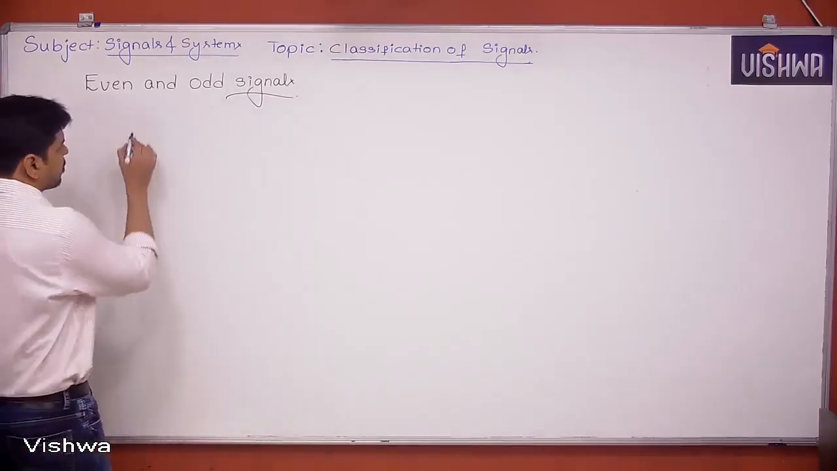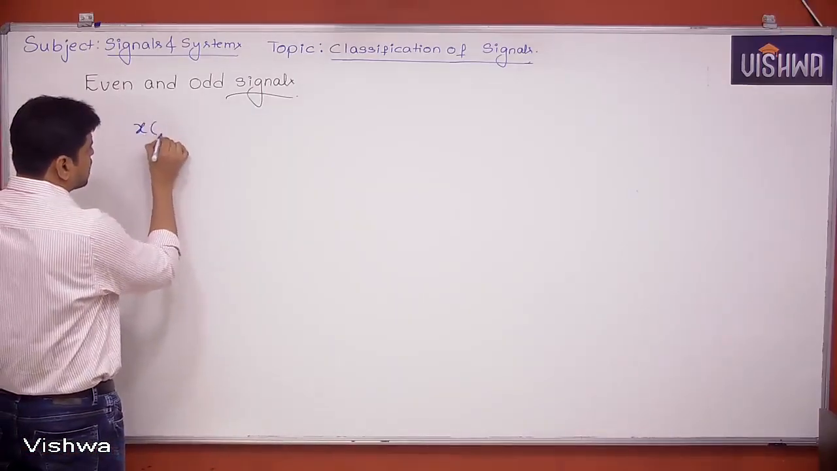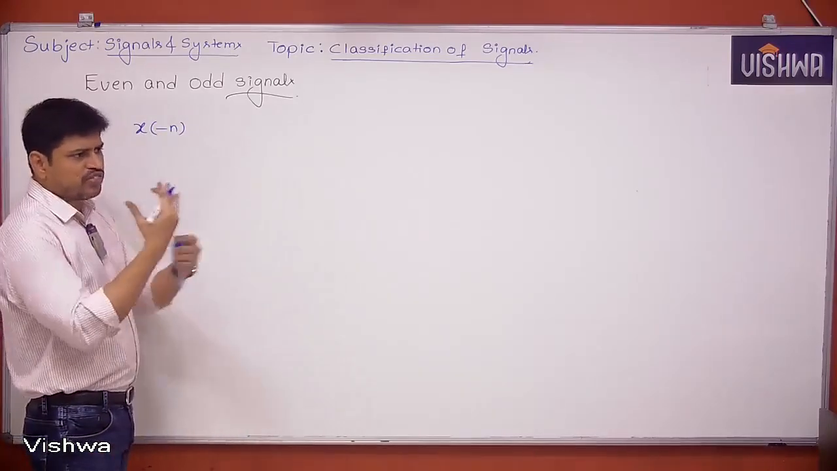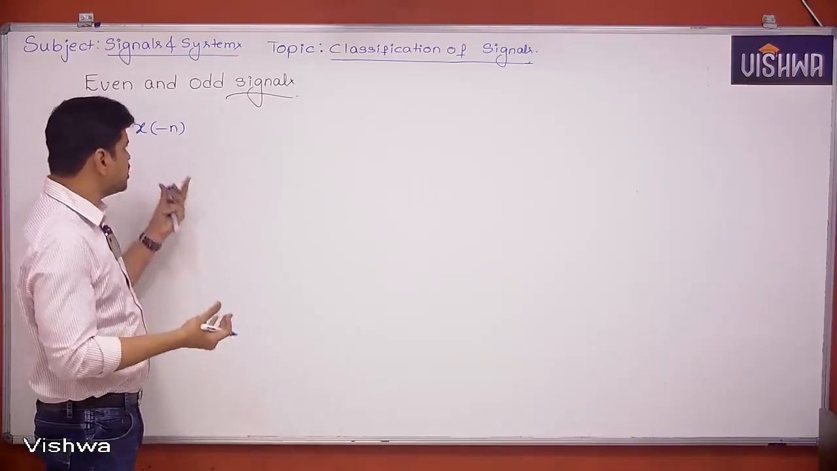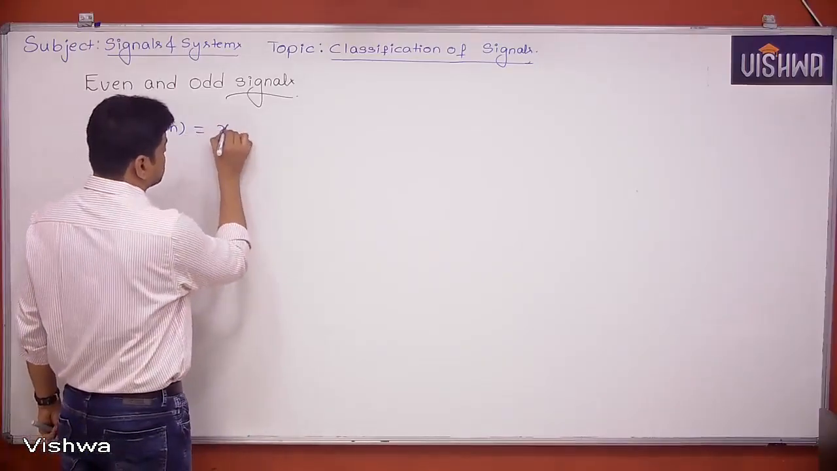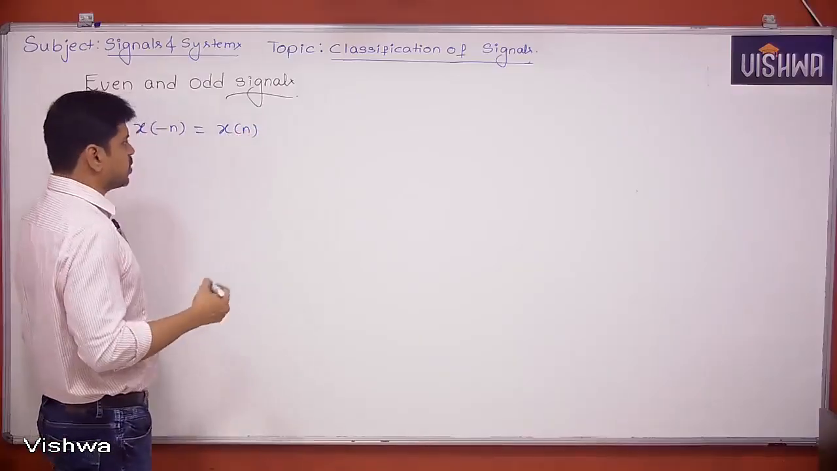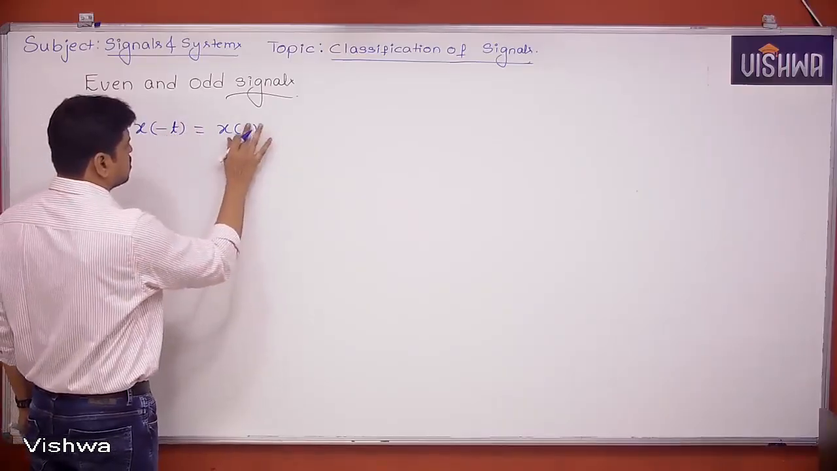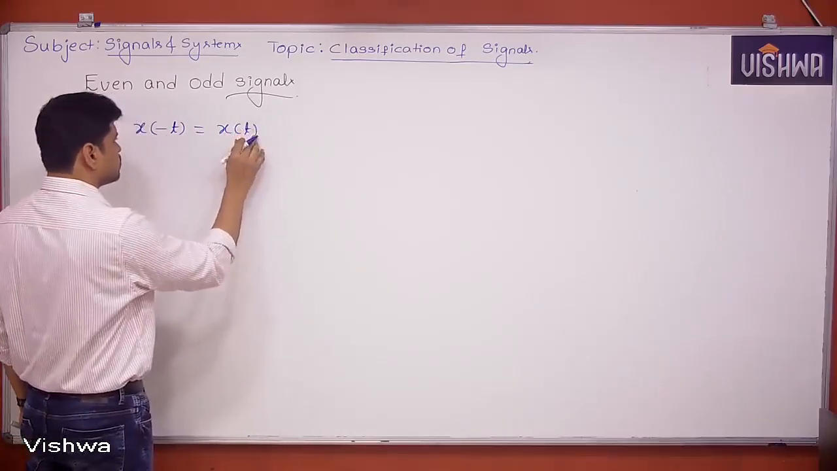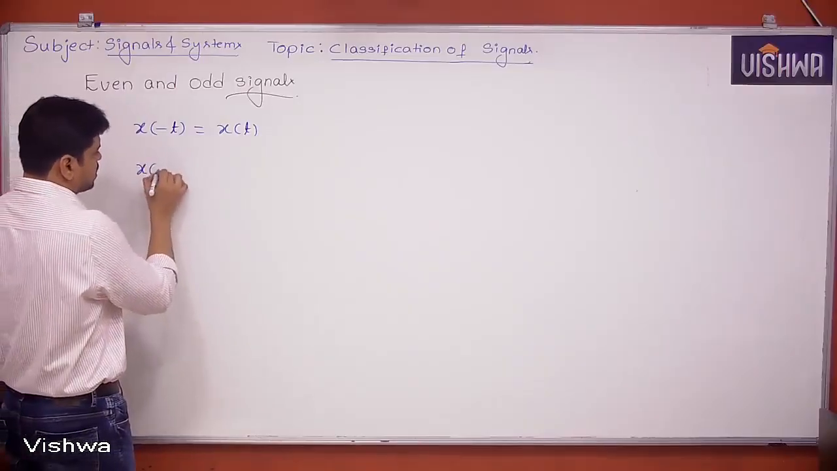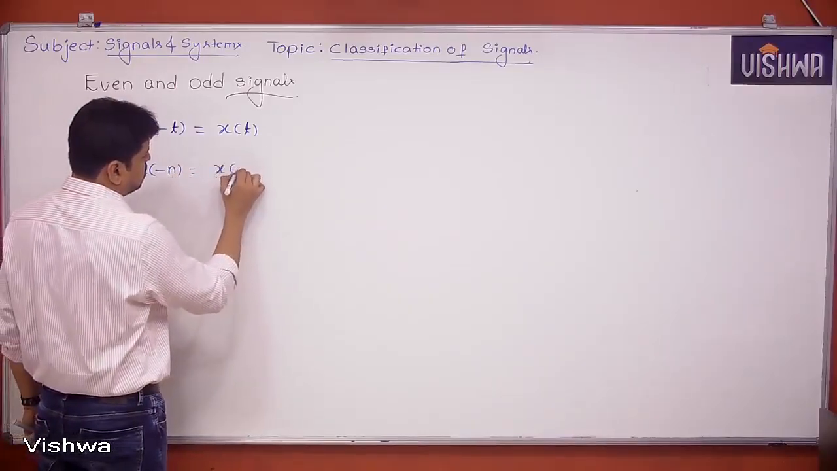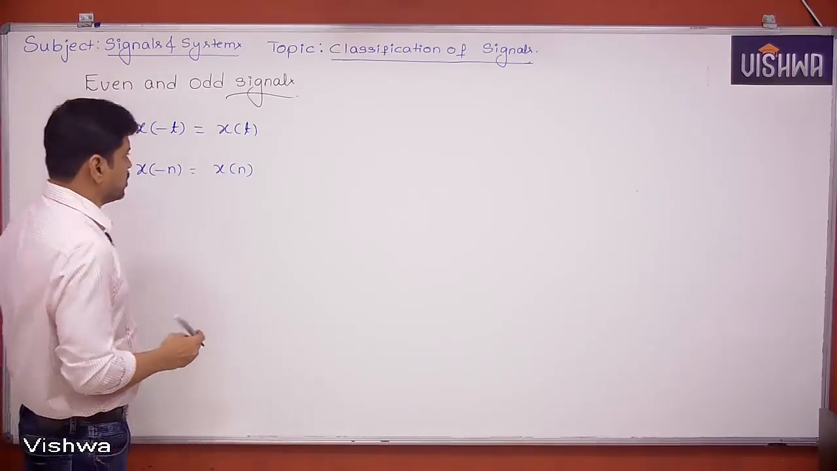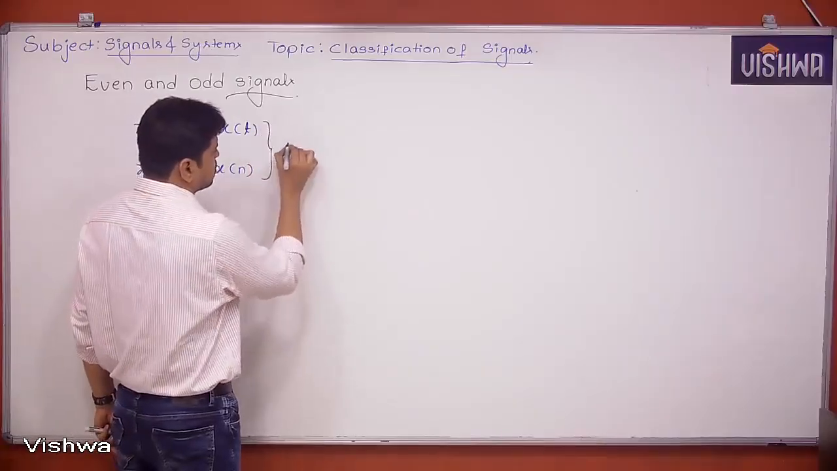Let's say if you take x of minus n, that means if you fold the signal, if it is symmetric, if you fold it, you are still going to get the same signal. That is the meaning of symmetric. So it has to be x of n. After folding also, you have to get the same thing. Let's say for the continuous time case, x of minus t equals x of t. For a discrete time case, x of minus n is equal to x of n. So any signal satisfying this kind of property, we can call that signal an even signal